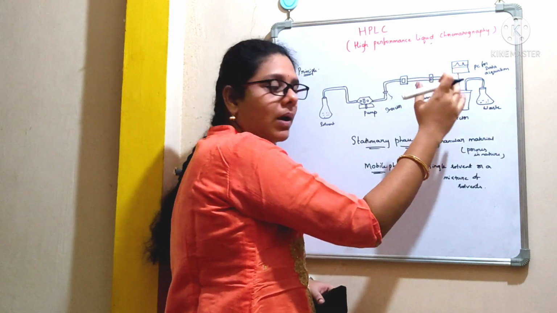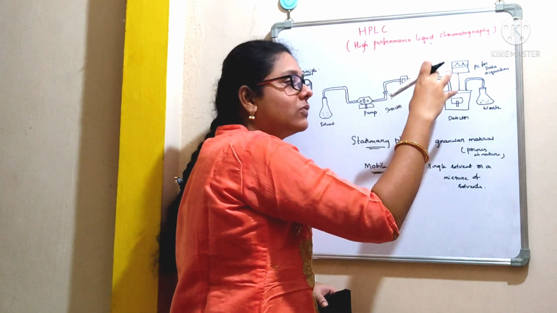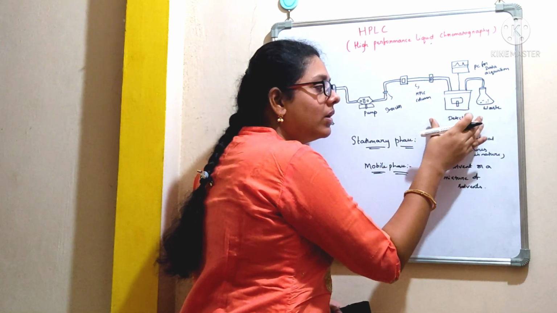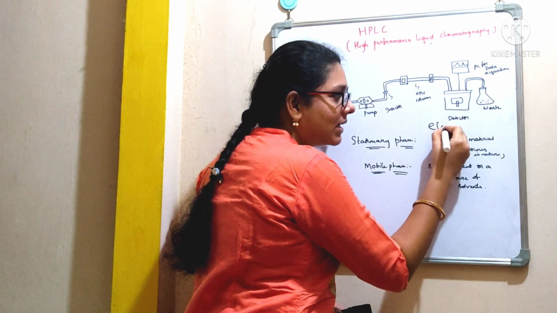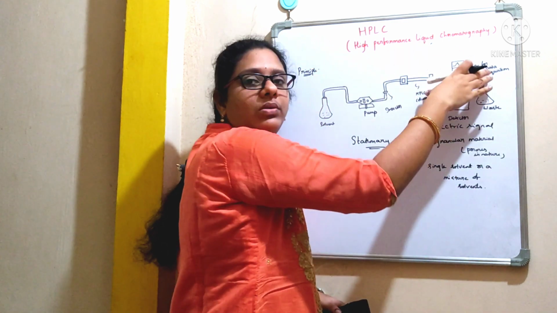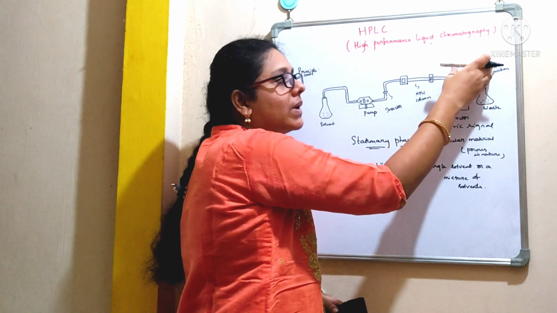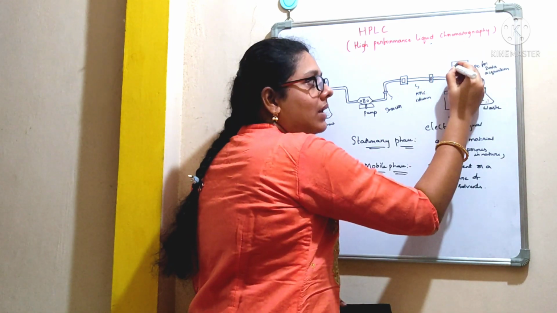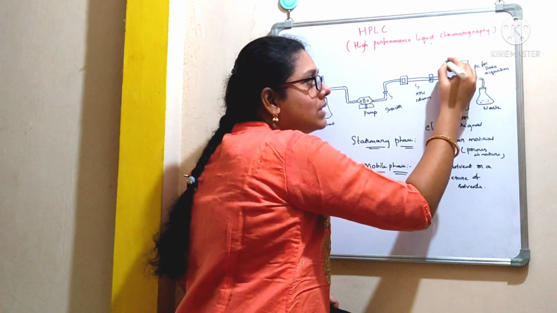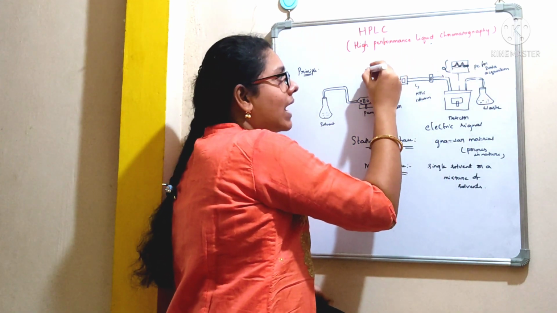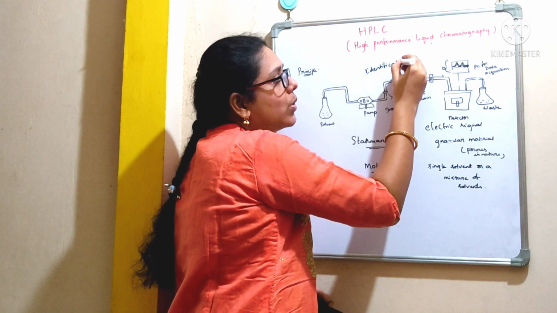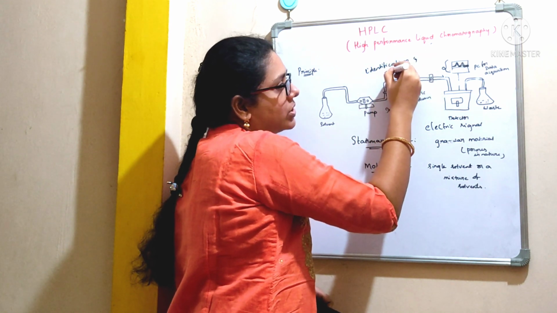After they leave the column, those individual compounds will be easily detected with the help of the detector, which is going to generate an electric signal. This electric signal is passed on to the HPLC software that is present in the computer. Then a chromatogram is displayed on the screen. This chromatogram allows the identification and the quantification of different compounds that are present in a solution.